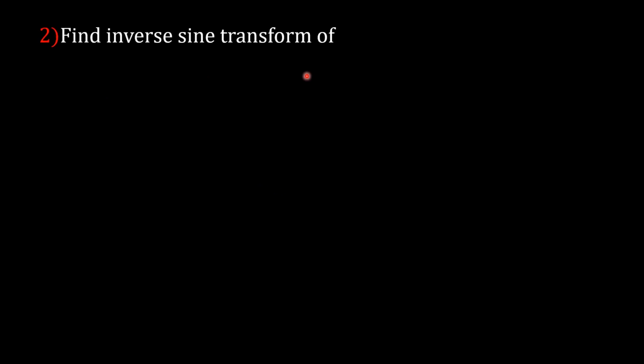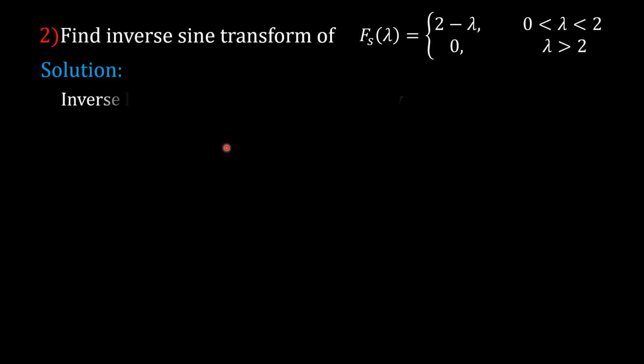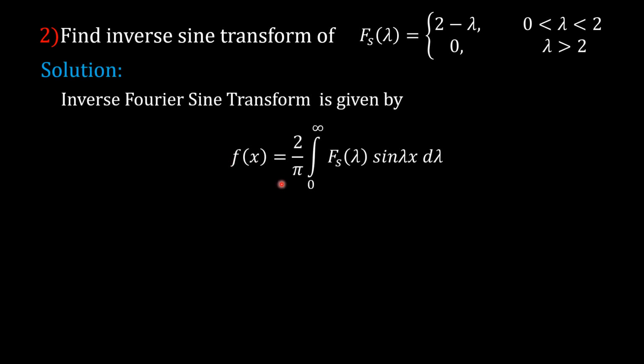Find the inverse sine transform of Fs(λ) = 2 − λ for λ between 0 and 2, and Fs(λ) = 0 for λ strictly greater than 2. So we want to find the inverse Fourier transform, which is given by f(x) = (2/π) ∫ from 0 to ∞ of Fs(λ) sin(λx) dλ. Here we can use the symmetric form also, but right now we have considered this form of the inverse Fourier sine transform. Now given Fs(λ) is this,